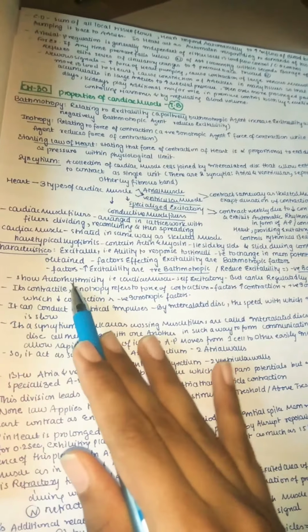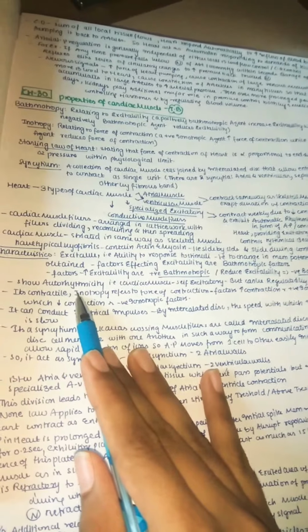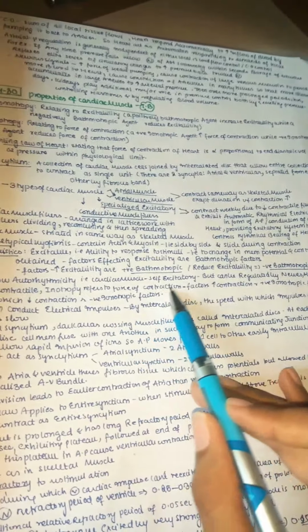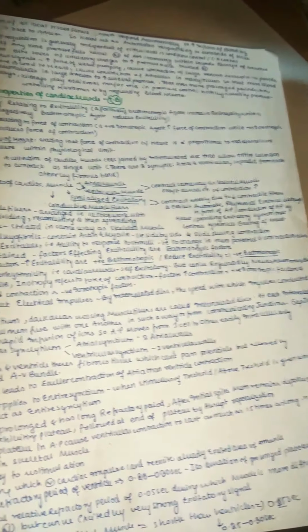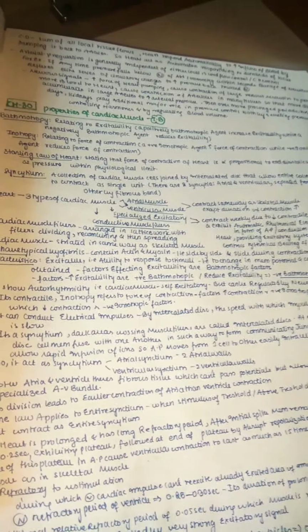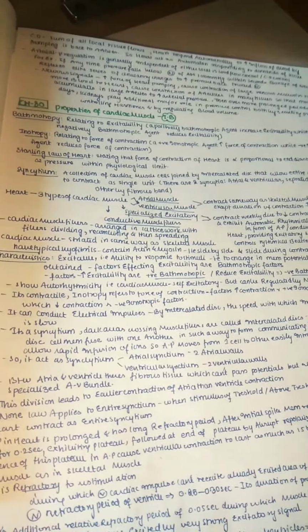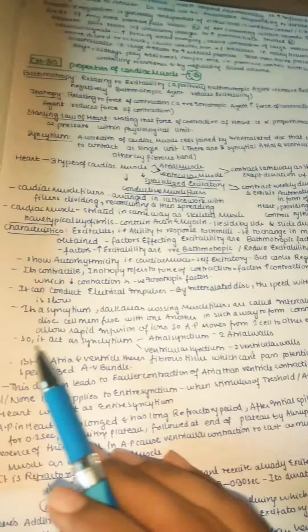So autorhythmicity, that is, the cardiac muscles also show autorhythmicity. They can produce the rhythms on their own; the cardiac muscle is self-excitatory but can be regulated by the nervous and hormonal systems and also drugs. Even though we say that the heart produces its own action potentials, it is also controlled by our nerves, hormones and different types of drugs.